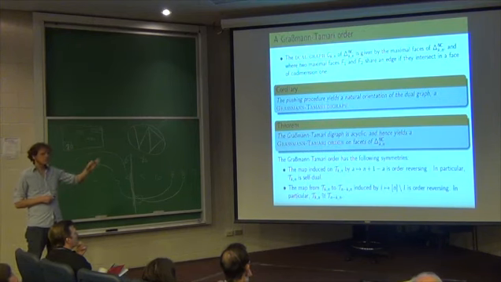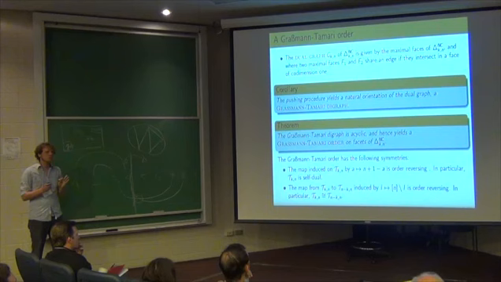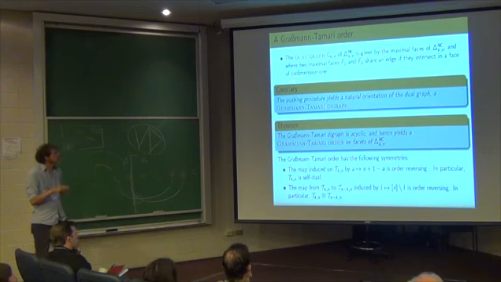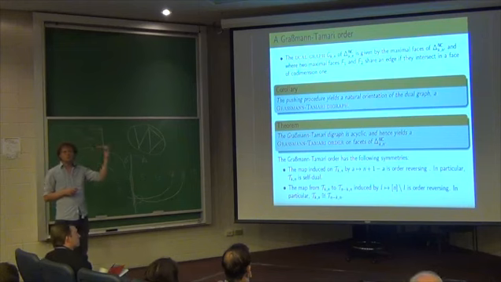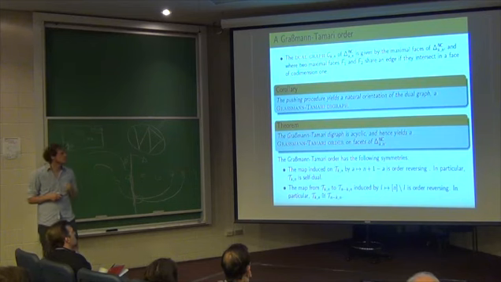And having set up this pushing procedure, it's not really necessary to know exactly how it works, just that it's a very simple combinatorial game to play. That then yields an orientation of the dual graph. And the dual graph of any pure complex we define as the graph with vertices being facets of the complex and with undirected edges being pairs of facets that share a codimension 1 face.